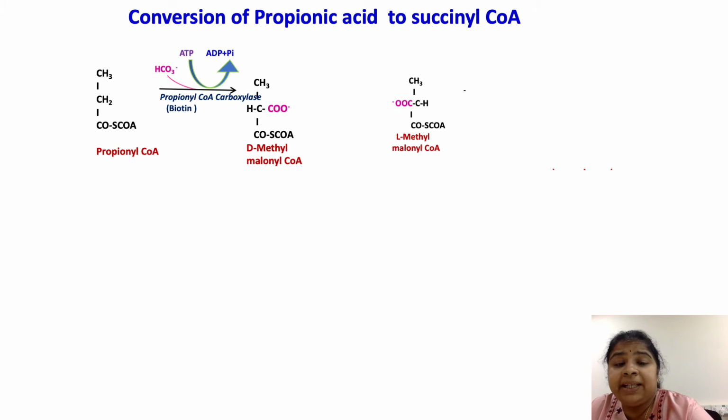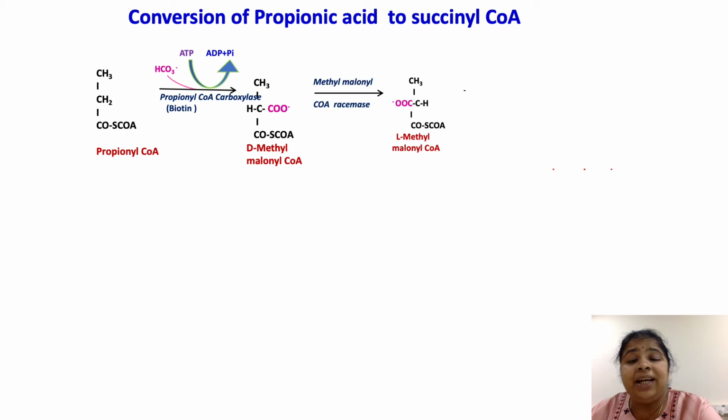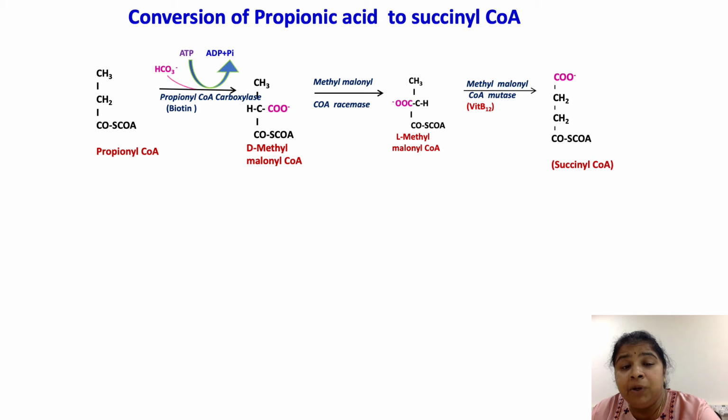Now this D-methylmalonyl CoA has to be converted to the L form. So we need a racemase, which is going to do an intramolecular rearrangement to convert D-methylmalonyl CoA to L-methylmalonyl CoA. The enzyme is racemase. And this L-methylmalonyl CoA is converted by a mutase to succinyl CoA, and this requires vitamin B12